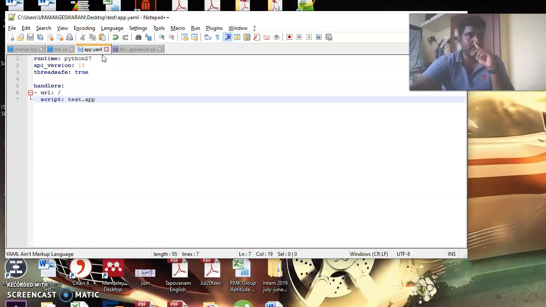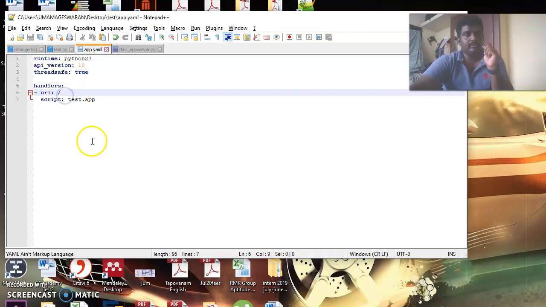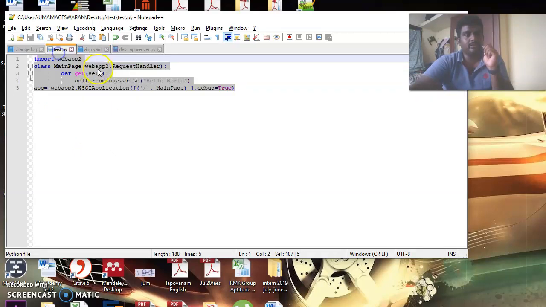I have created another file with the extension .yaml. Here you have to specify the app version, Python 2.7, and 0.18 as the API version, and threadsafe, and then you have to give the URL for running this Hello World app.